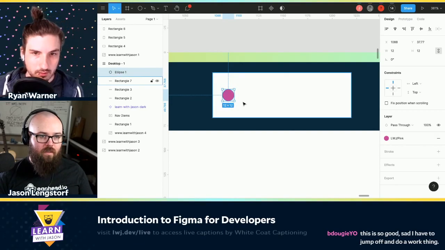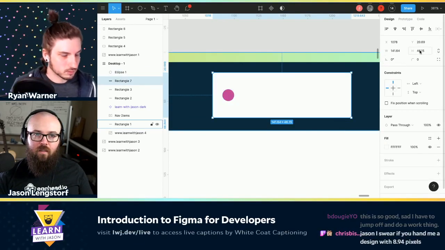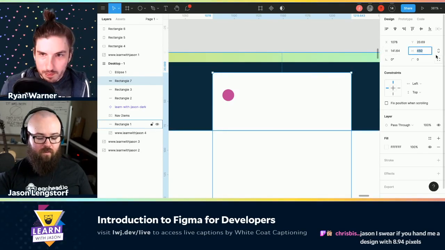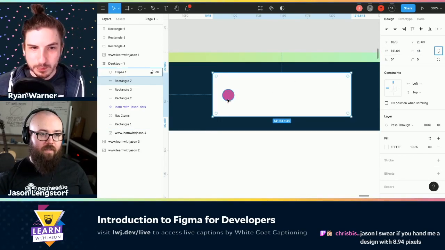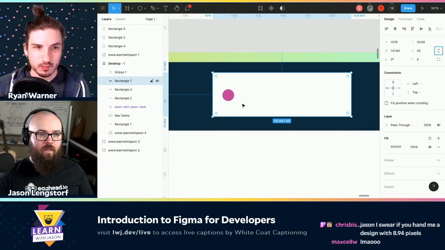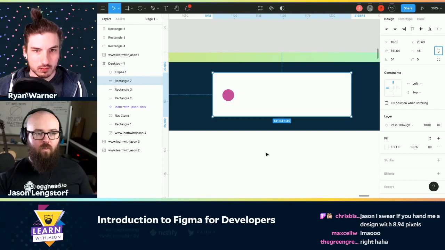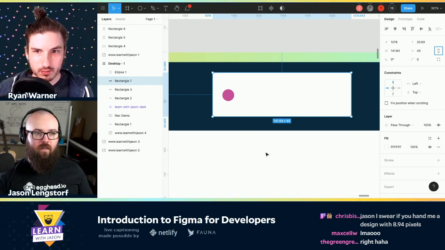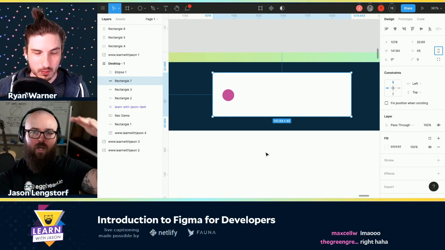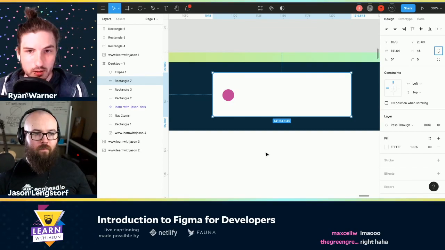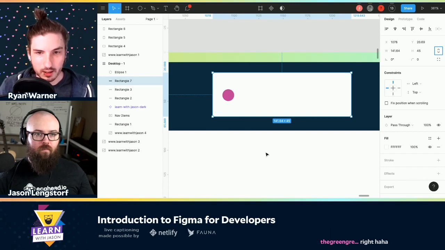Okay, so this is, I don't know. Let's do like 40. Whoa, 45 is what I meant to do. And then I just broke my vertical centering. So what can I do to vertically center if I want to make sure that dot is in the middle of the thing? Yeah, so if you want to do that without clicking and dragging and praying,